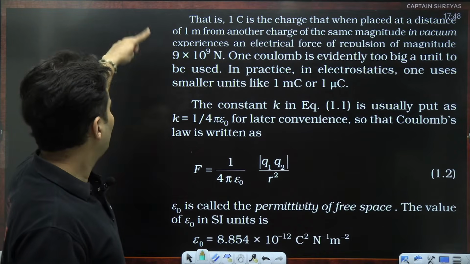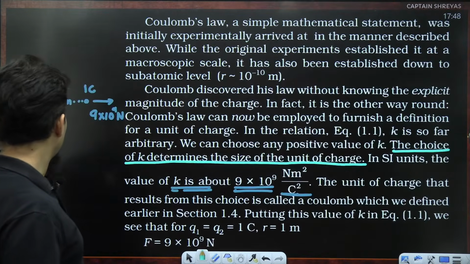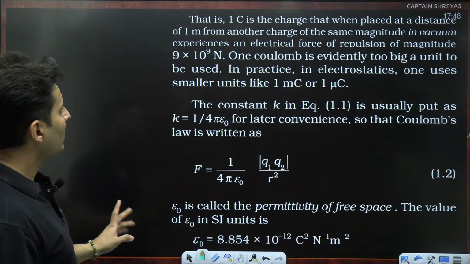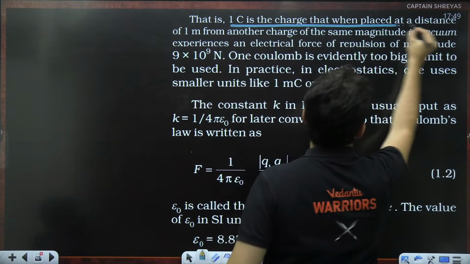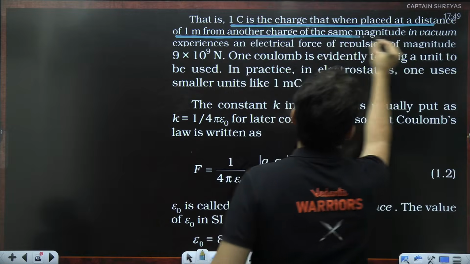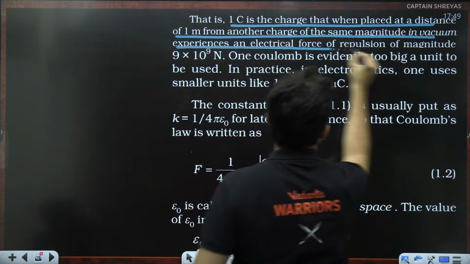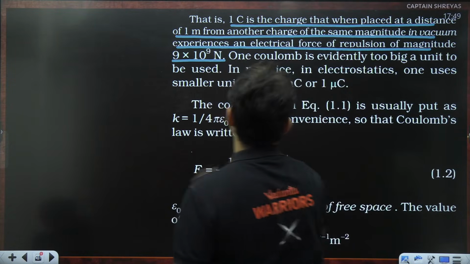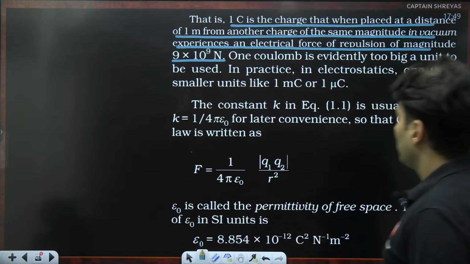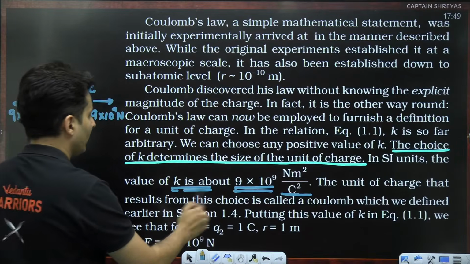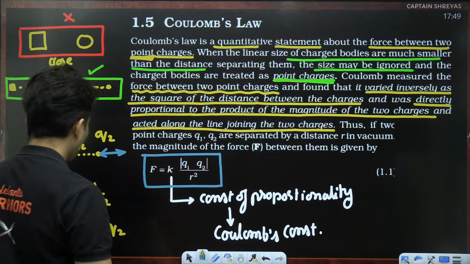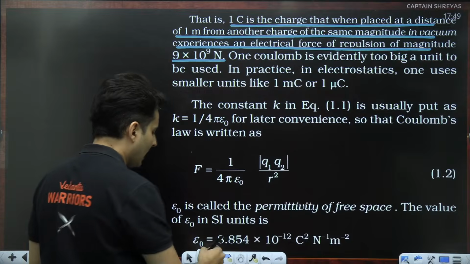Now, this particular thing I have already explained over here. So what is 1 Coulomb of charge? Alternative definition: when the distance is 1 meter and the force experienced is 9 into 10 to the power 9 Newton. Now this Coulomb constant which you saw over here is also written down as